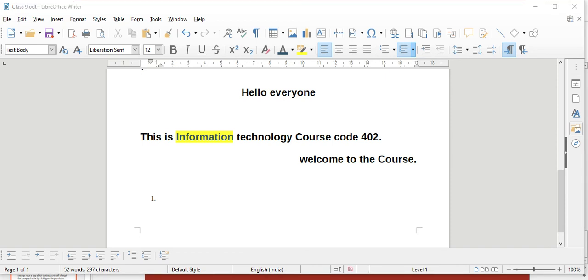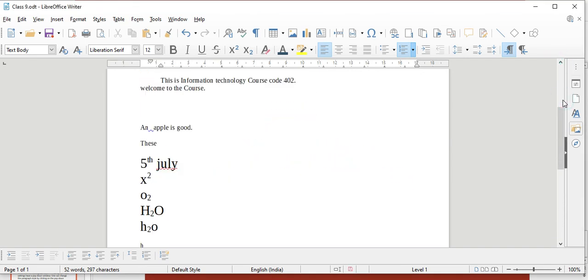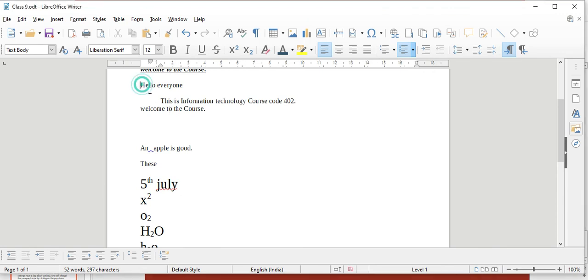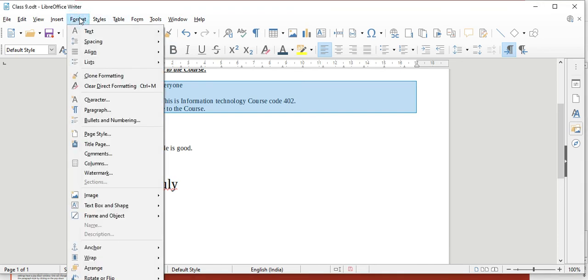Now assigning color, border, or background for your paragraph. To assign a background color to your paragraph, first select the paragraph. I'll select another paragraph. Go to Format. In that, the Paragraph option is there.